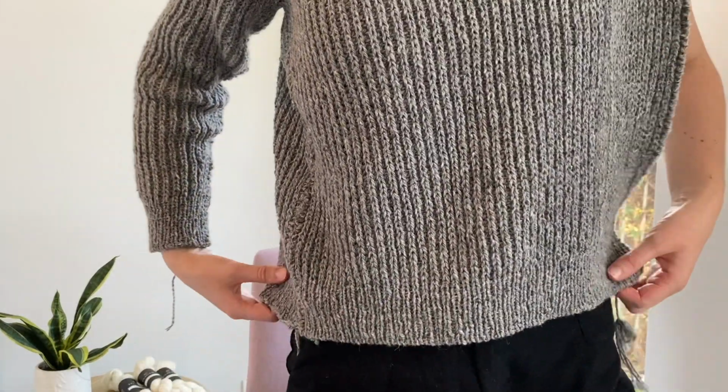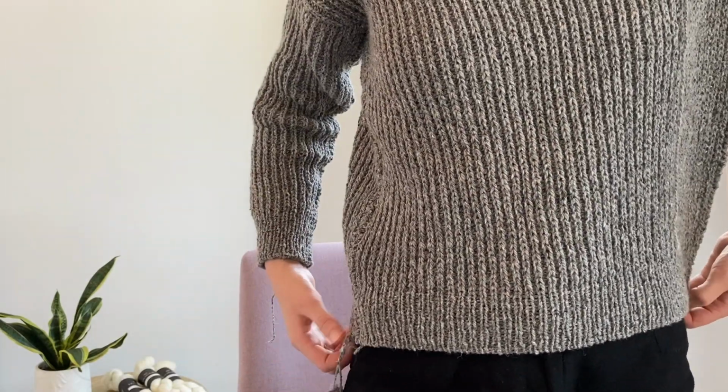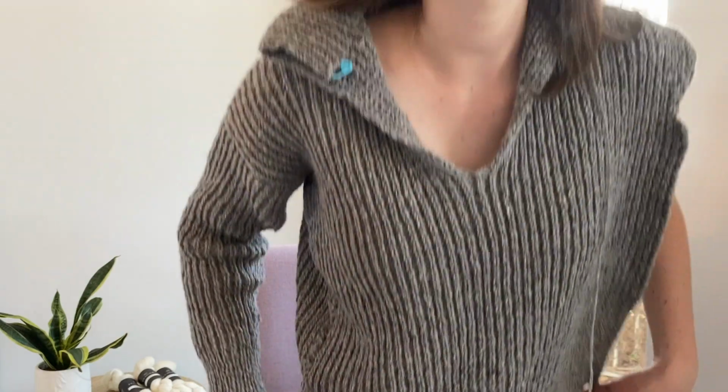So yes, the sleeves, I obviously want to get a little bit more width and potentially a couple of centimeters of length out of them as well, depending on how much the drop shoulder grows. So I'll just be mindful of that when I'm blocking. The body is also quite a good length already. She doesn't want it to be very long. She likes the length that it is now. So depending on how much it grows with blocking, I might have to rip out a couple of inches and